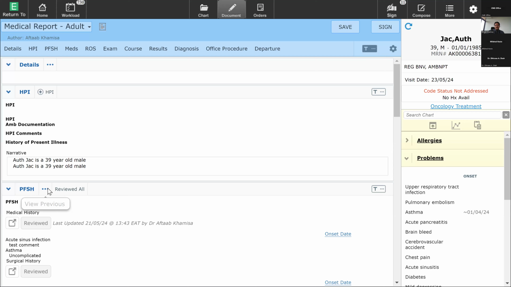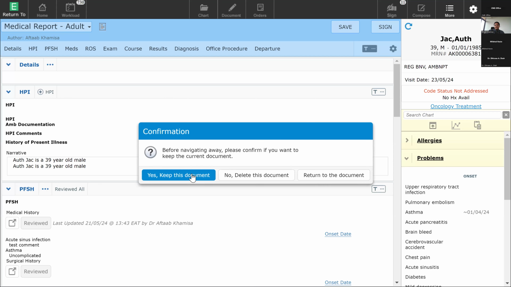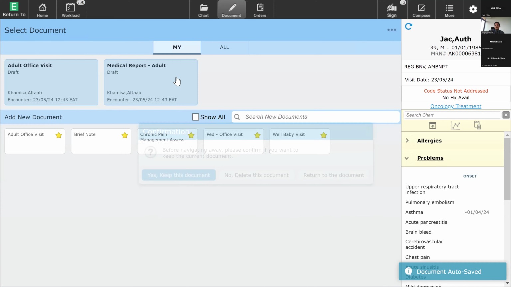But by clicking on the three dots within each individual section, where you feel like the findings are quite consistent, they have not changed, it's status quo, or you're actually citing examination findings from a previous encounter, then it's easy to just pull it in at the click of a button. And if I have to navigate across these templates, it's simple. Yes, keep this document again. And now I can scroll and navigate between my two documents,